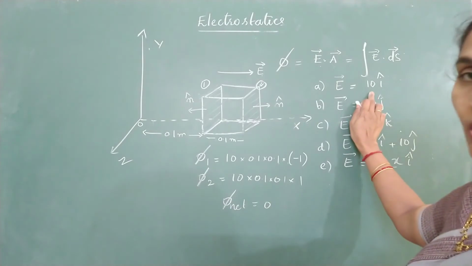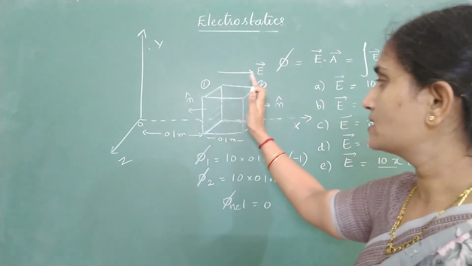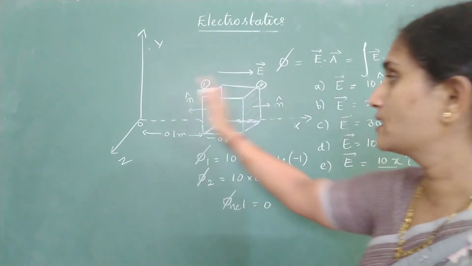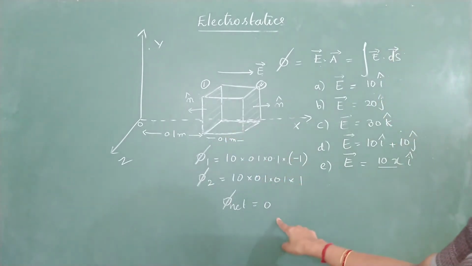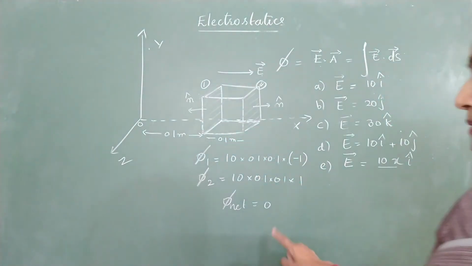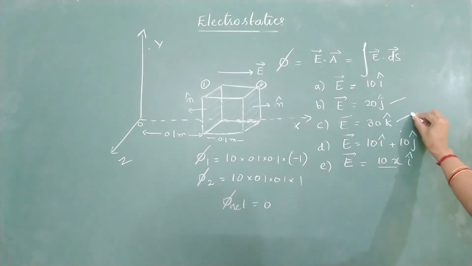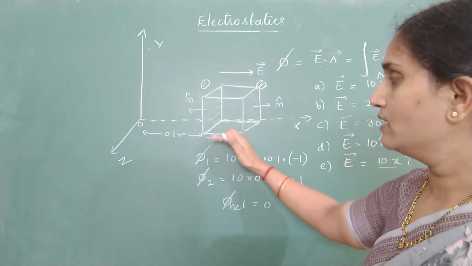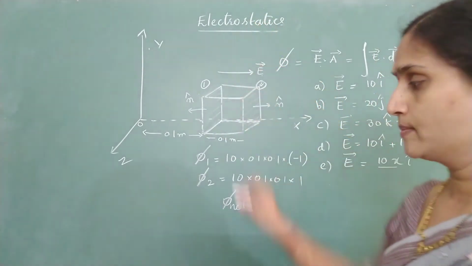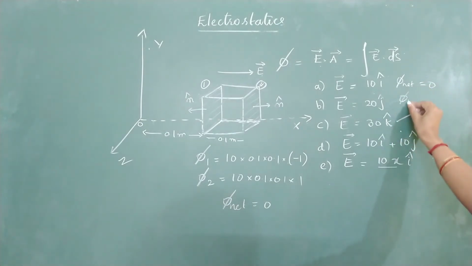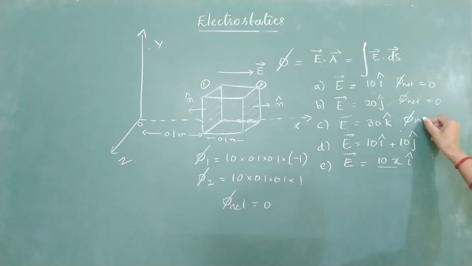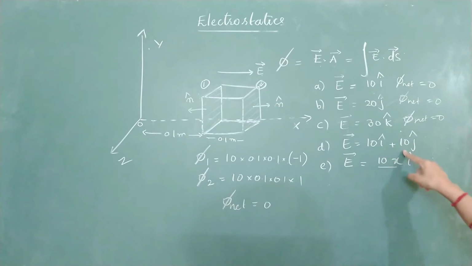If the field is uniform, whatever field is entering the cube from this side, the flux is leaving from the other side. Field lines are entering from one side, leaving from the other. No charge is enclosed by the cube. So what should be the net flux passing through this cube? Equal to 0. Same answer you get even for this and this. If the field is along y-axis, field will enter from the bottom face, leave from the top. But still the net flux will always be 0. Even in this case, net flux becomes 0. Third case also net flux is 0. Even if the field is two-dimensional, again the net flux would become 0.